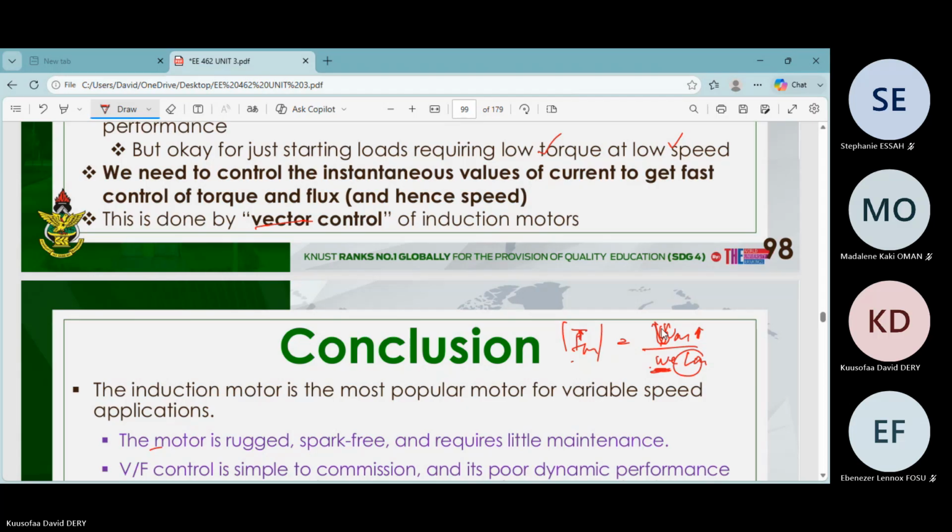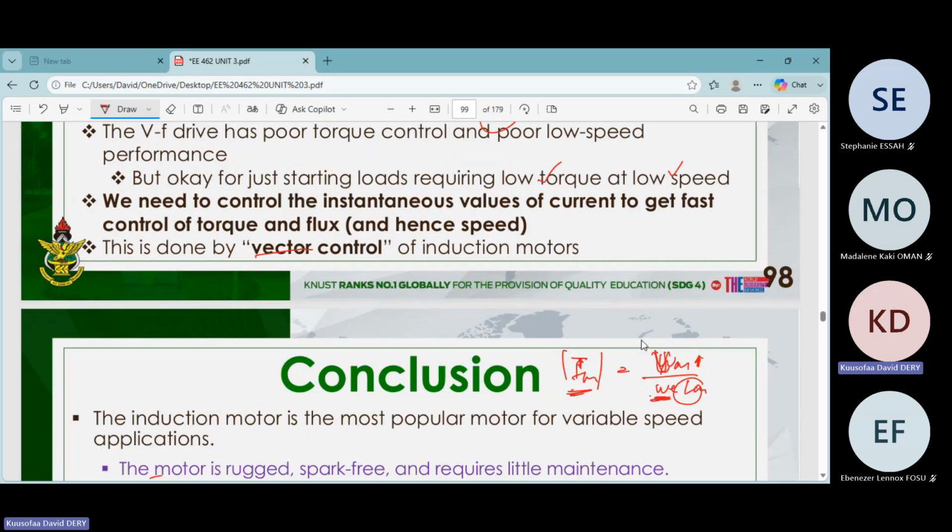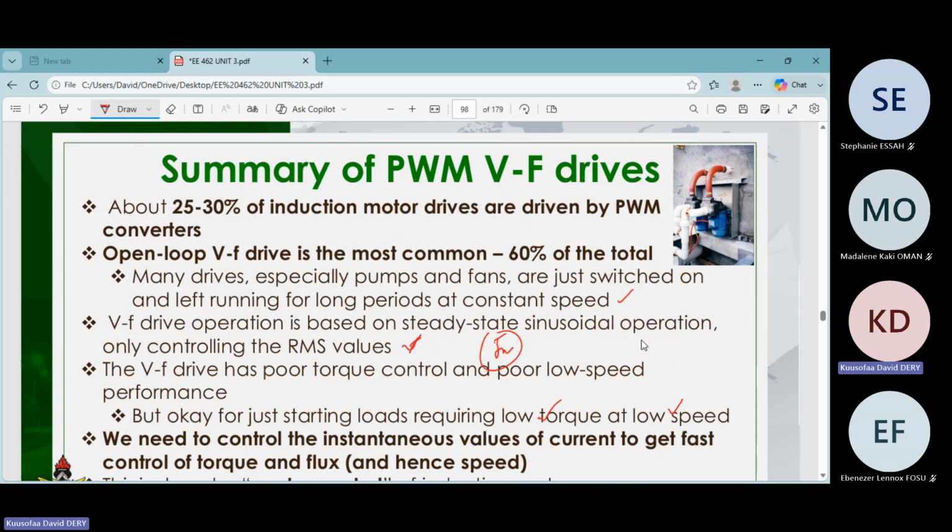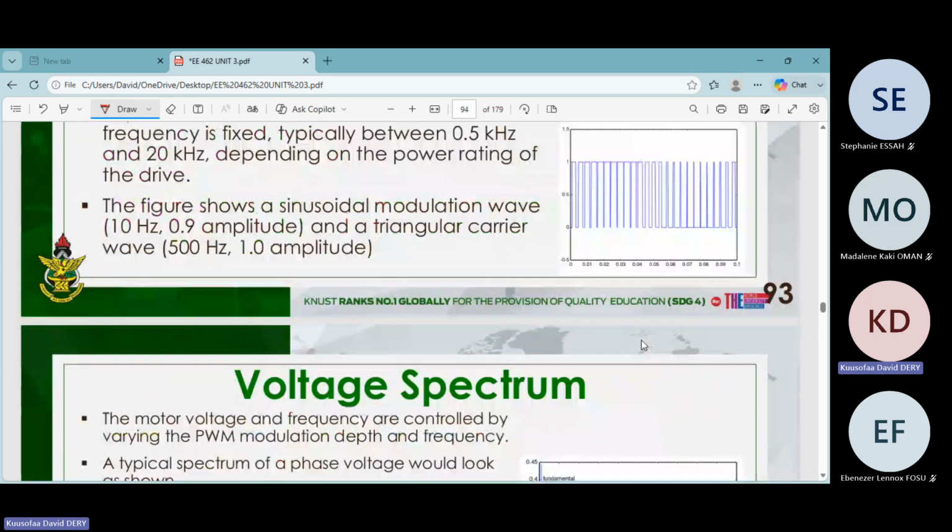So if you vary the supply voltage and vary omega E by the same proportion, then you ensure that IM will be constant, so that we can keep VM over omega E constant, with flux rated. So we looked at two ways of control,